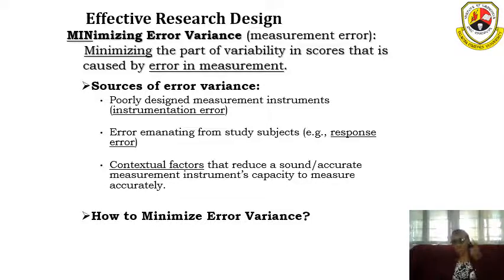So that one is maximizing systematic variance. Then there is minimizing error variance. Now, this one largely depends on your data collection tools, how well designed they are. Let us pick the example of the survey research method, which depends on questionnaires, whether it is a hard copy questionnaire or one developed using SurveyMonkey or Google Forms,